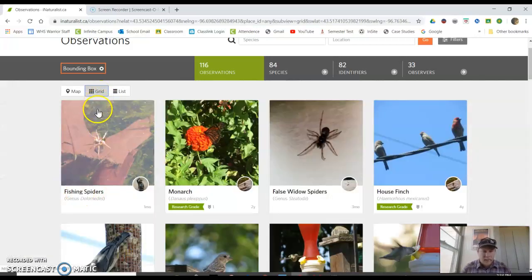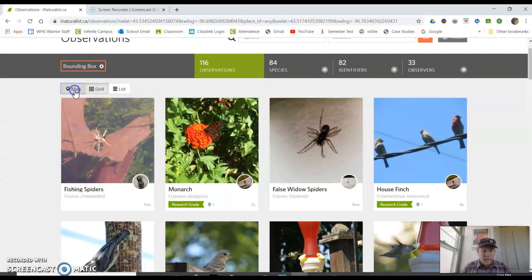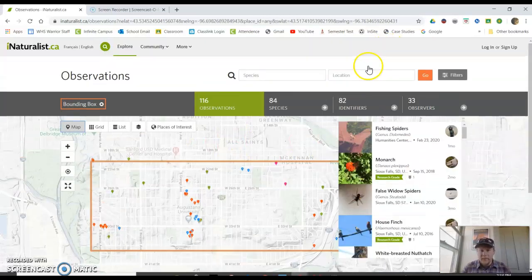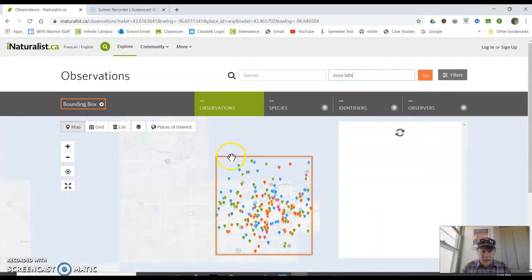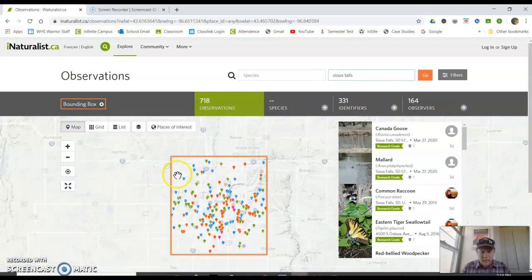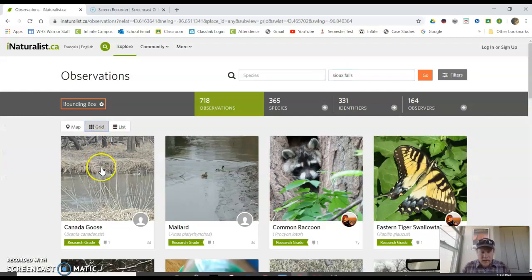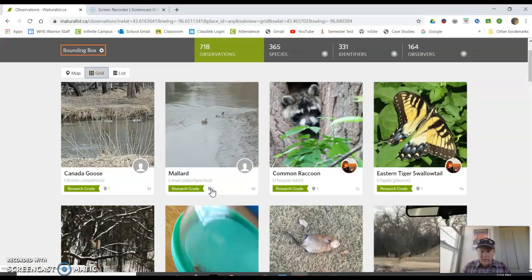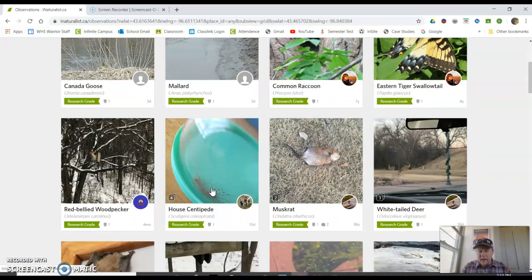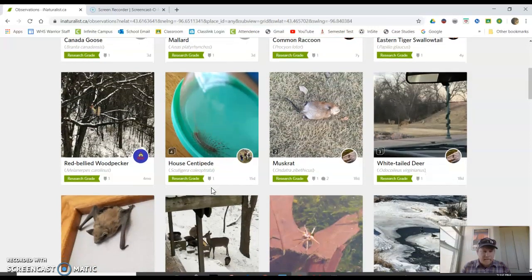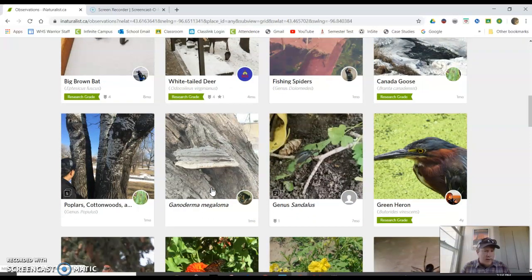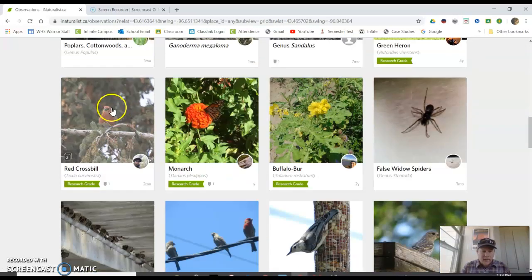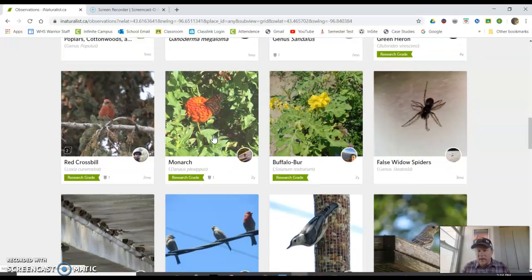If I come back and I go to grid, I might have to change my bounding box here. Let's go to Sioux Falls again. If I look at Sioux Falls, what I can do is I can make a grid. And the grid tells me the different species that have been found. So this will be an easy way to do a quick, wide glance of all of the living things that have been reported, at least to this website. We have things from poplars and cottonwoods to different types of fungi. We have birds and butterflies and